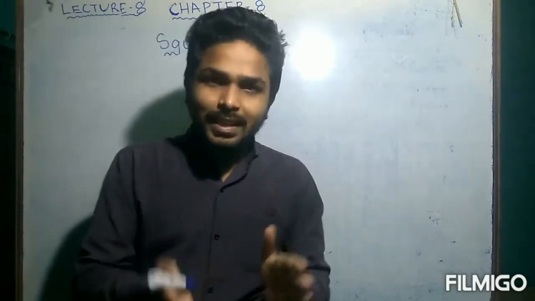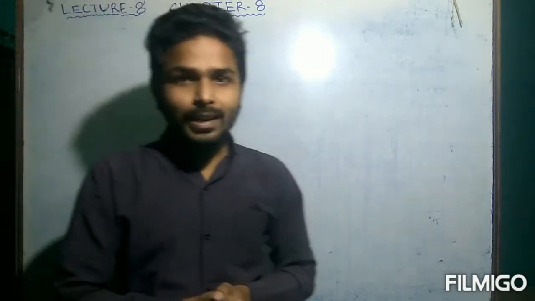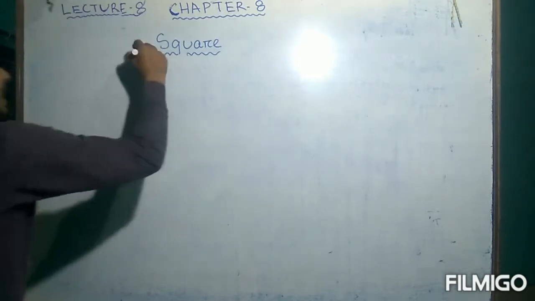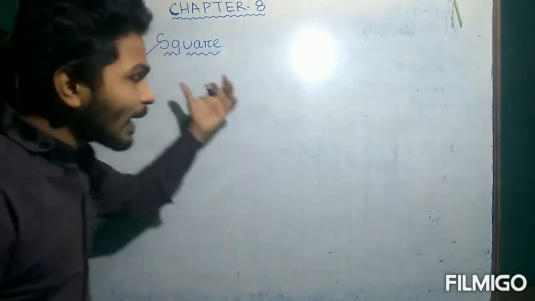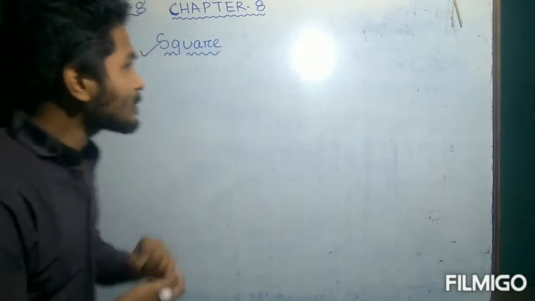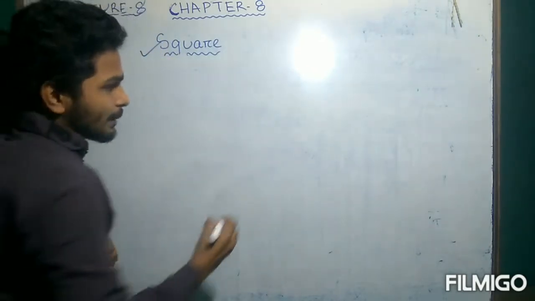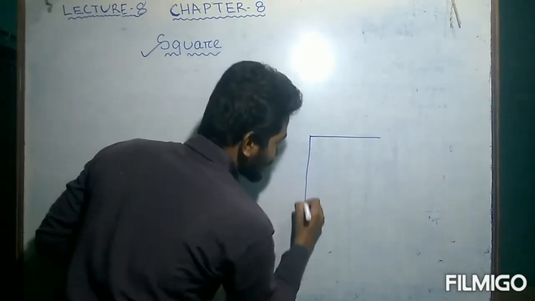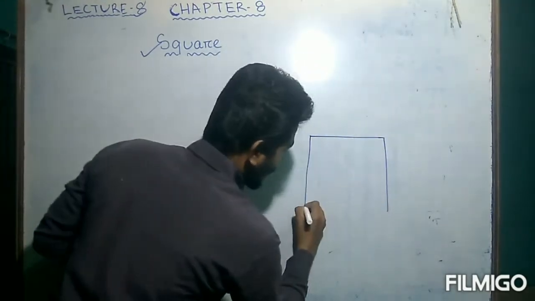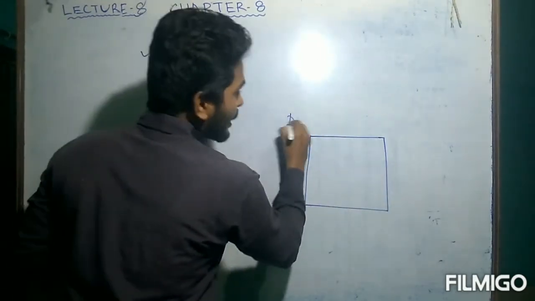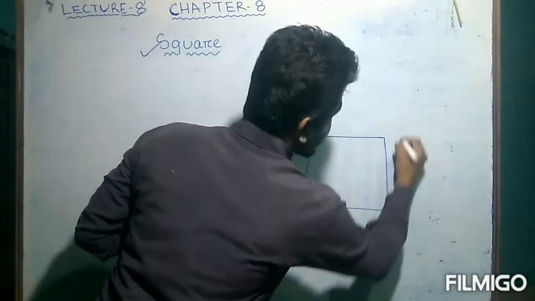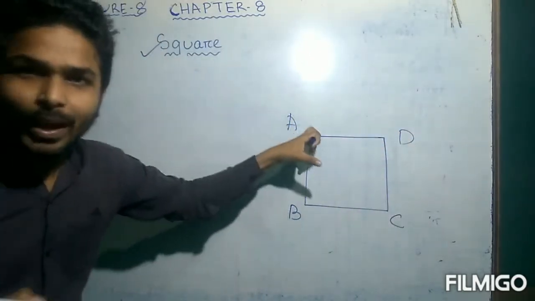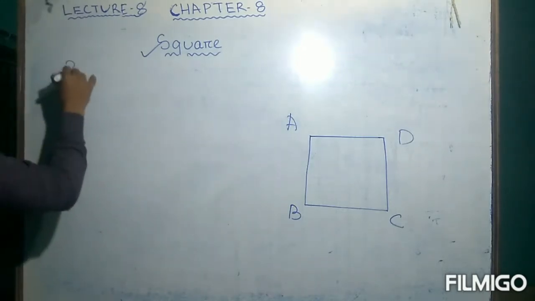In this lecture we will discuss another type of quadrilateral which is known as the square. Our today's topic is the square and its various properties. Let's start with the figure of the square. You also know what the figure of a square is. It is just like this. Let's say A, B, C and D. ABCD is a square. Then what are the properties of that square? Let's write it. Properties.